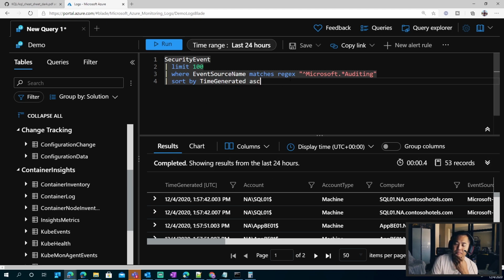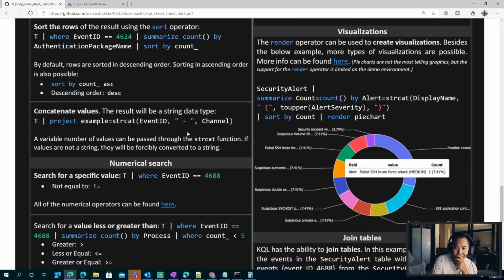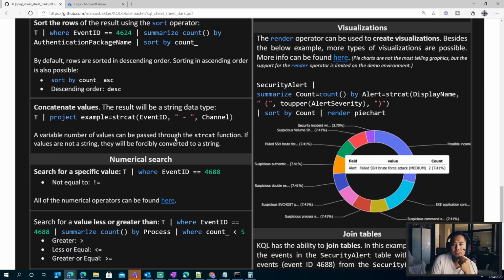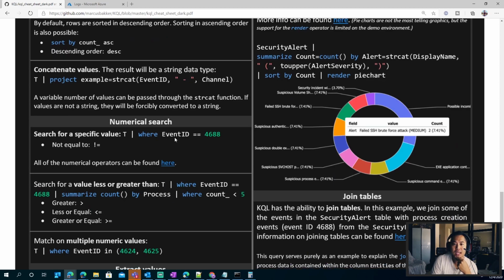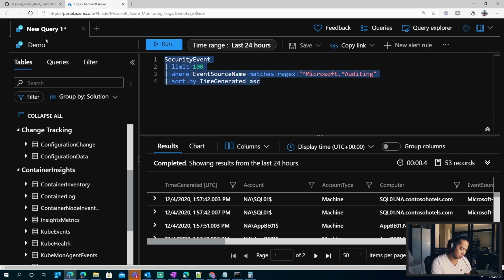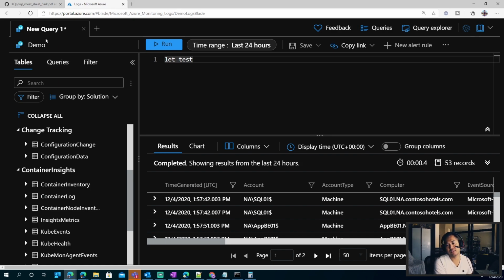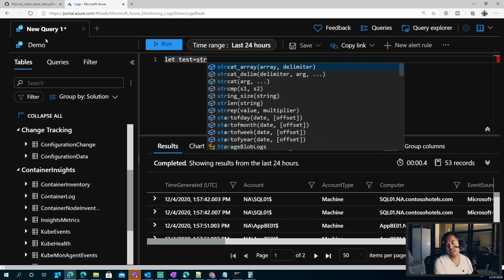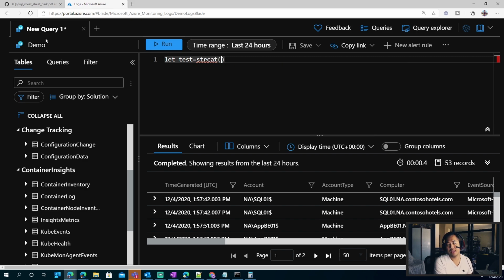Yeah, so ascending or descending to sort that particular list by that column. Let's see, concatenate values. The results will be a string data type. So if you want to concatenate, then you have to put an open parenthesis, event ID, and so on. Let's just do an example. Let test equals string cat, and then we put